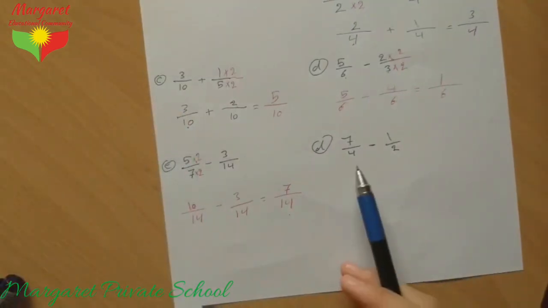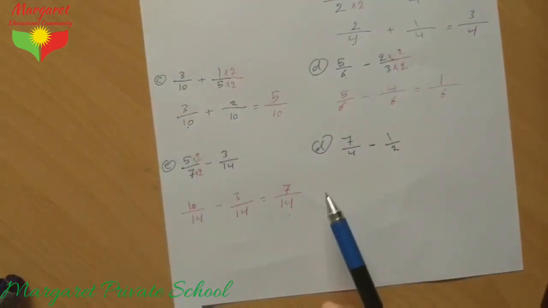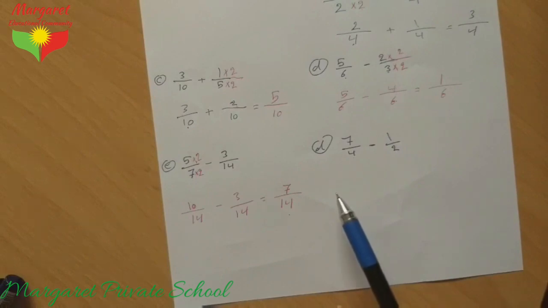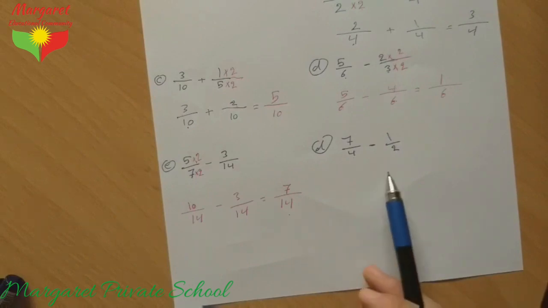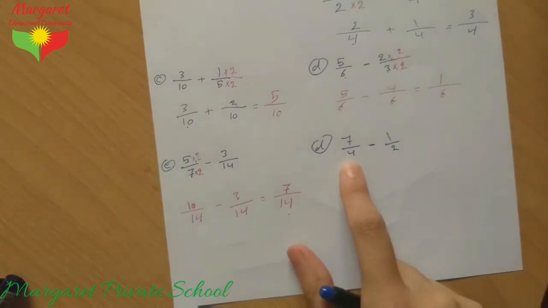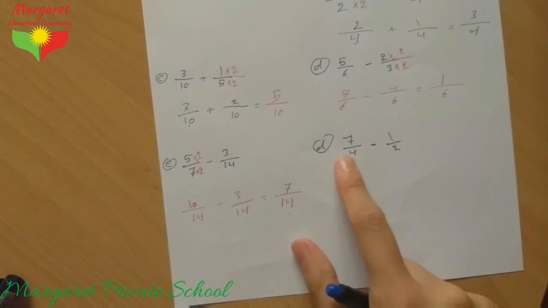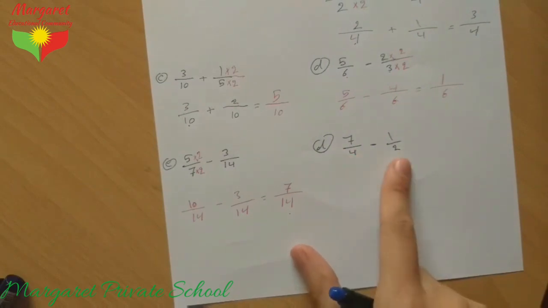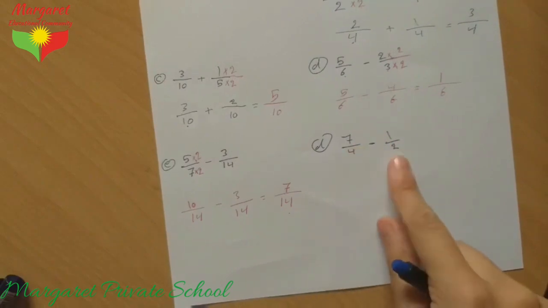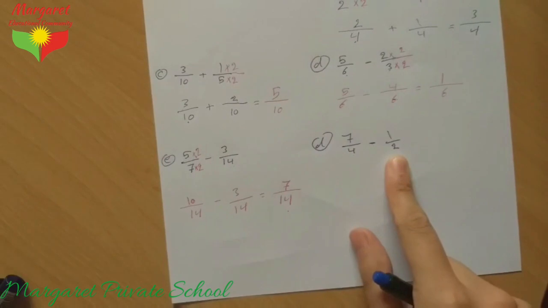Do we have the same denominator or no? No, we don't have the same denominator. Which denominator is greater than? This number 4. Which denominator is less than? This fraction, the denominator we have, number 2, is less than. So